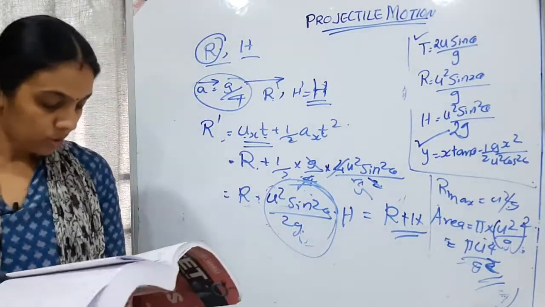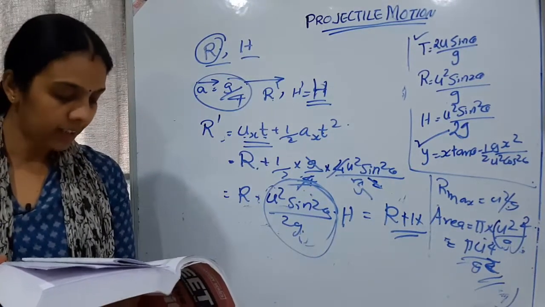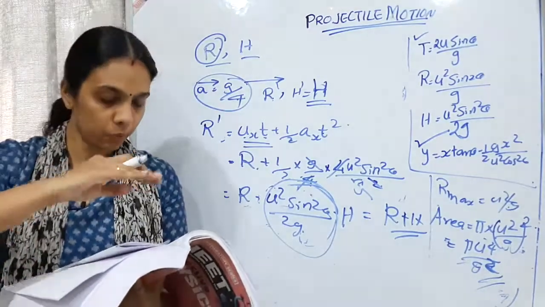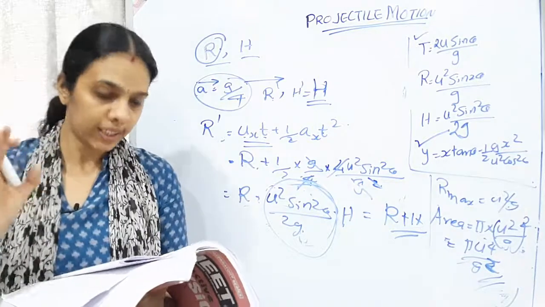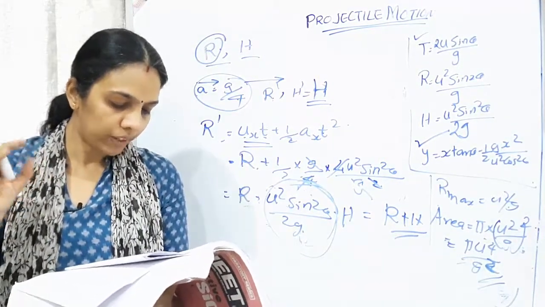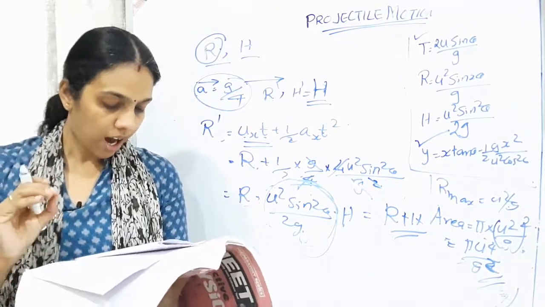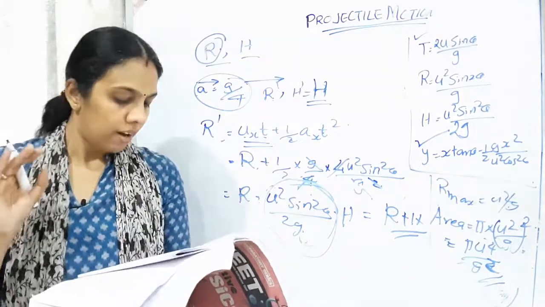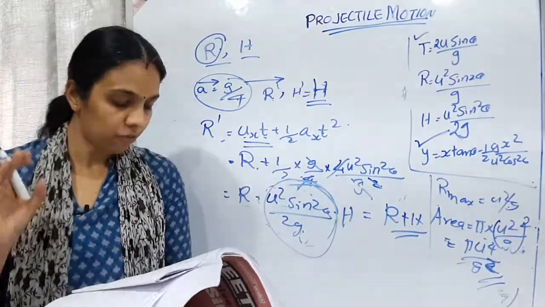Okay. So the next question is, a car is moving horizontally along a straight line with a constant speed of 30 meter per second. A projectile is to be fired from the moving cart in such a way that it will return to the cart after the cart has moved 80 meters. At what velocity must the projectile be fired?